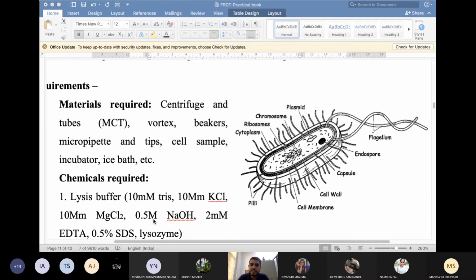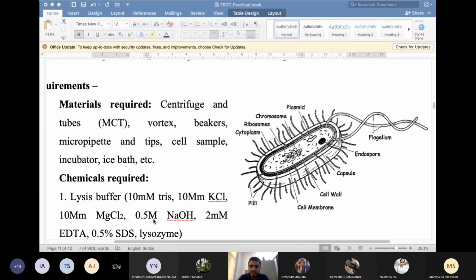Simple. Now comes the second one, which is fungus. Fungal cell walls are made up of chitin or pectin, so you need an enzyme that digests chitin or pectin. The name of the enzyme: take the name of the substrate and put an 'ase' with it. Here the substrate is pectin, so the enzyme is pectinase, and the substrate is chitin, so the enzyme is chitinase. Pectinase and chitinase digest the cell wall of your fungus.